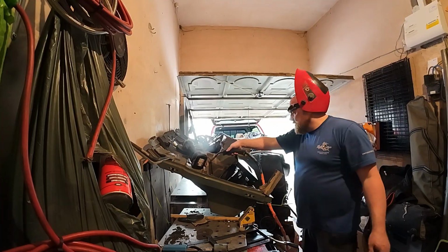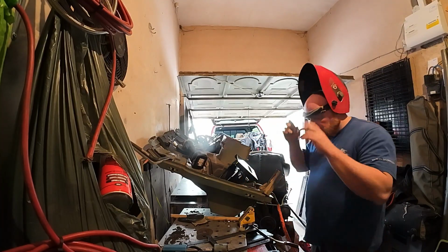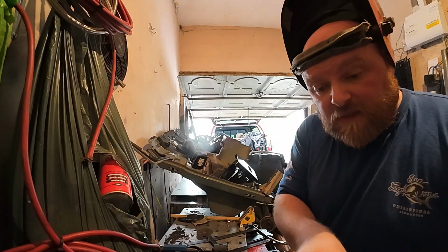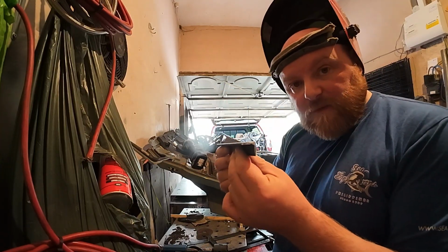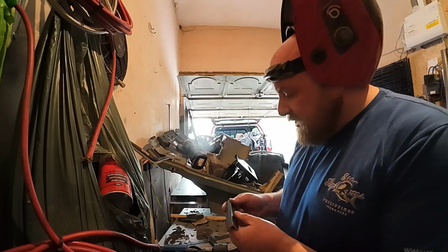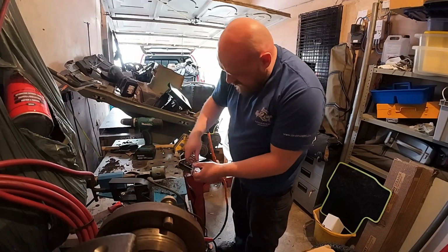No, it's not. So the last thing I've got to do is, I don't know if I mentioned it on the video earlier, I want to put a closure plate for where it goes around the gutter, so I can put some pins in to clamp on the gutter. So I'm going to drill these and tap these while that's cooling off. Then I'm going to pop them in place and weld it up. So after a short interlude,